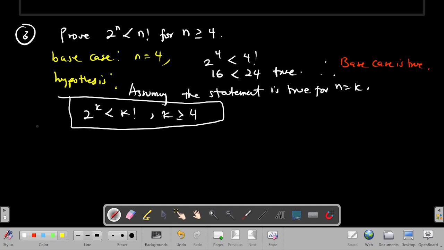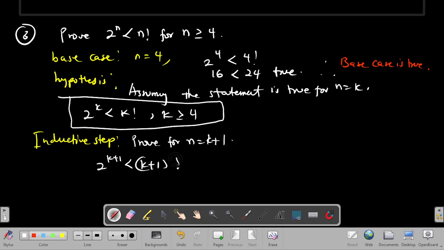Now let's quickly do our inductive step. At our inductive step, we realize that we have to prove for n equal to k plus 1. I go back, and wherever I see n, I put k plus 1. I'm going to have 2 to the power k plus 1 less than (k plus 1) factorial, right? As simple as that. We can break this expression down to 2 multiplied by 2 to the power k. That's indices decomposing. This is less than